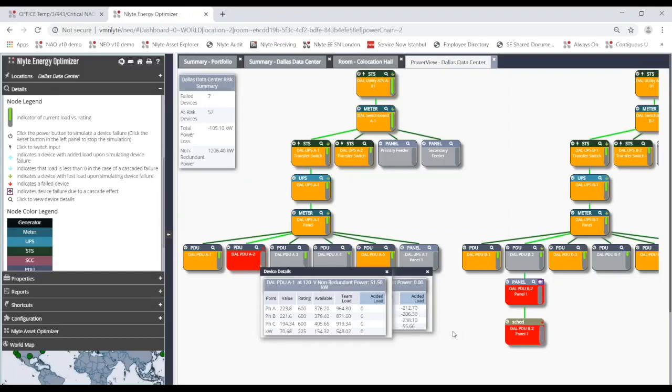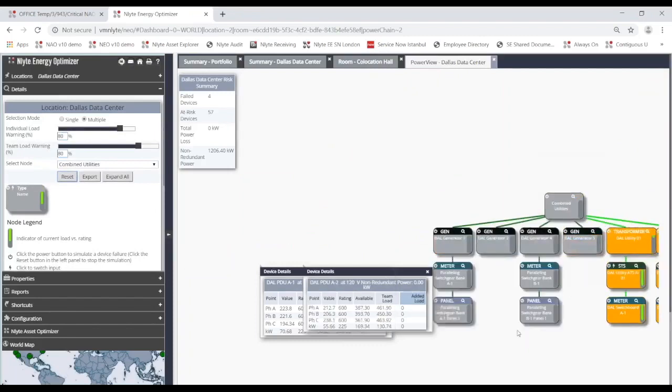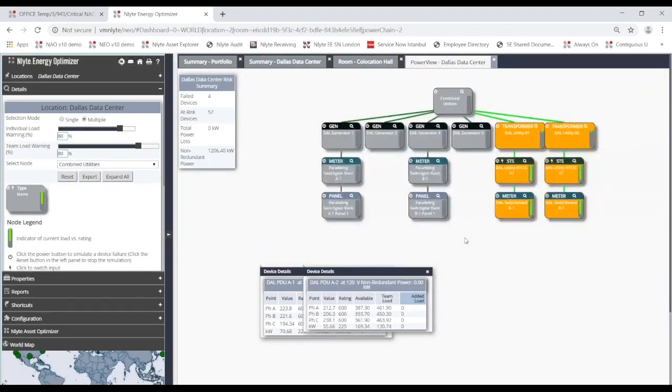Now, PowerView gives the ability to run these simulations over and over again by resetting the devices and then possibly refailing at different locations to see where you might have an area that's weaker than others, right? And determine where I might have vulnerability in losing an A side, B side failover scenario. So PowerView not only shows you power loss, but it also can be a preventative measure if you have to take down a PDU or a UPS for maintenance and you want to see what's affected. You can see downstream what failure might occur if I were to take that down. And obviously prevent you from having a mishap, if you will, based on friendly fire